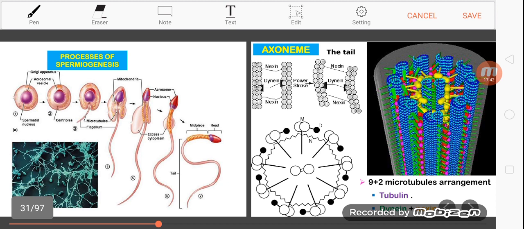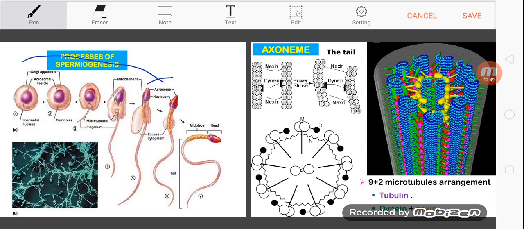Okay, this slide summarizes the process of spermiogenesis. The right-hand side slide is the formation of the tail, the axoneme. So the 9 plus 2 microtubules arrangement. The proteins are tubulin, dynein, and nexin. 9 plus 2. So you can see 1, 2, 3, 4, 5, 6,